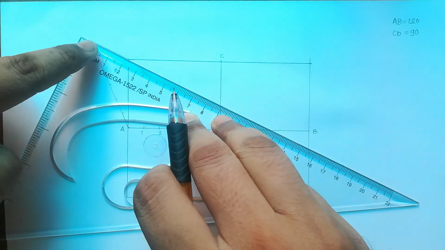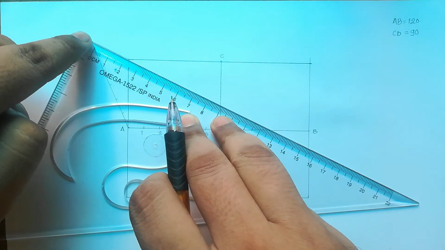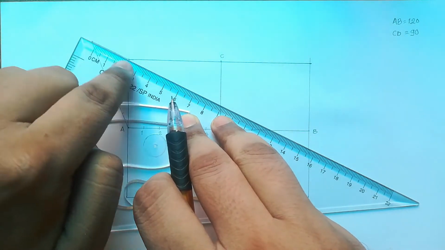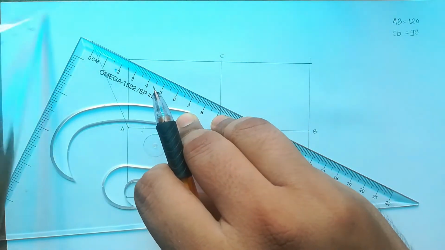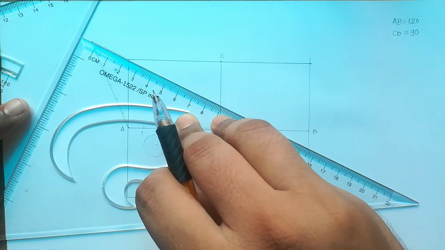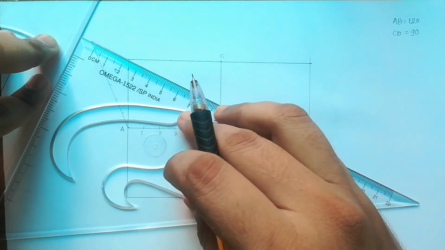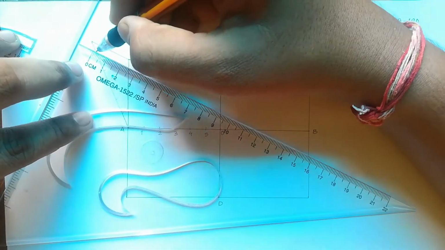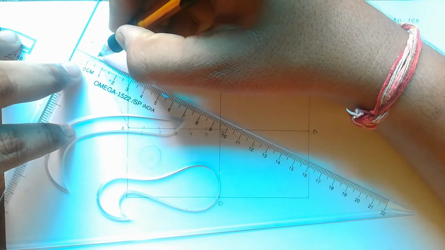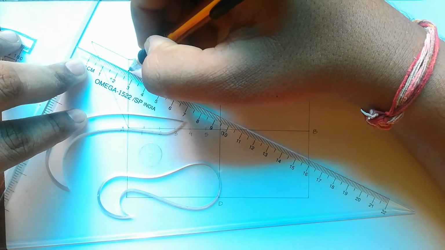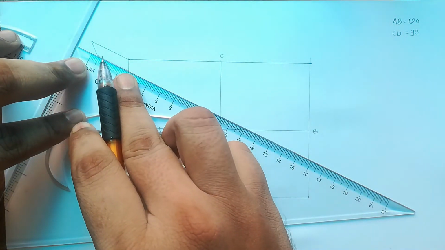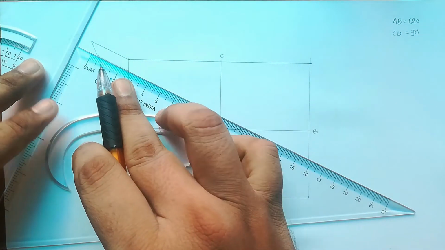So once I am done with this line, what I need to do is draw lines parallel to the line that I have drawn just now. The process will be somewhat like this. I will put a support over here, and then I will keep moving my set square to this point. I will extend this line over here. So this is my second division. This is the first division that I have obtained.